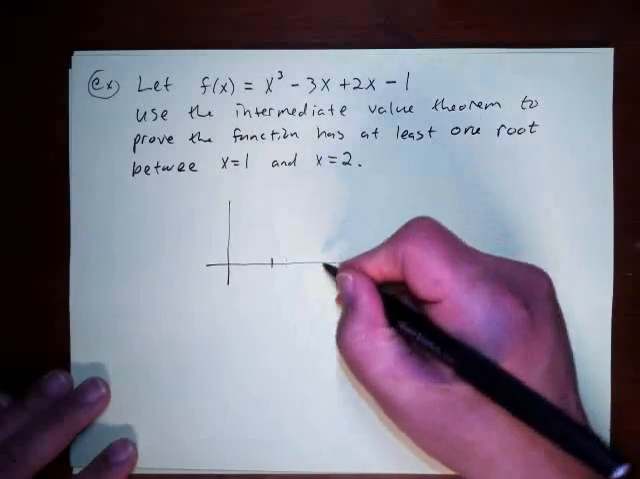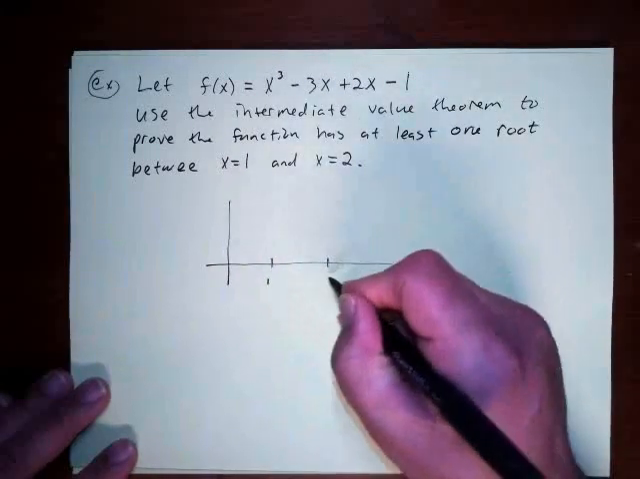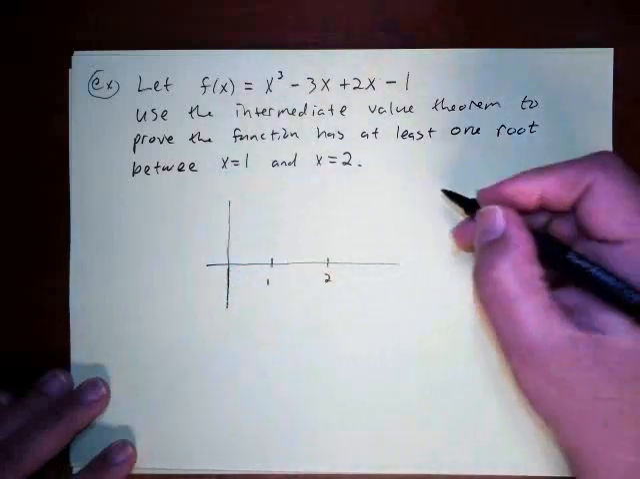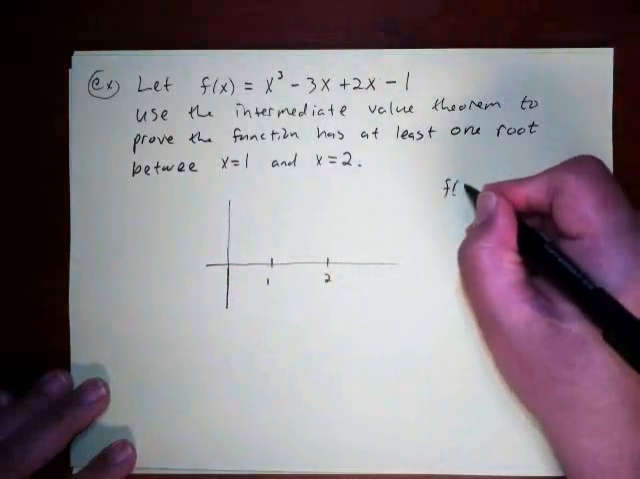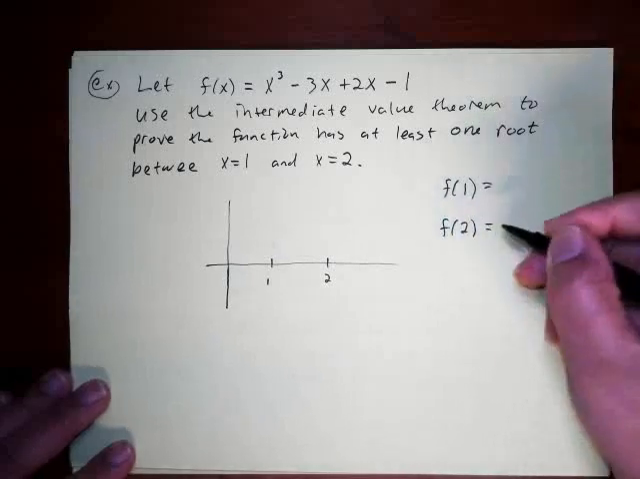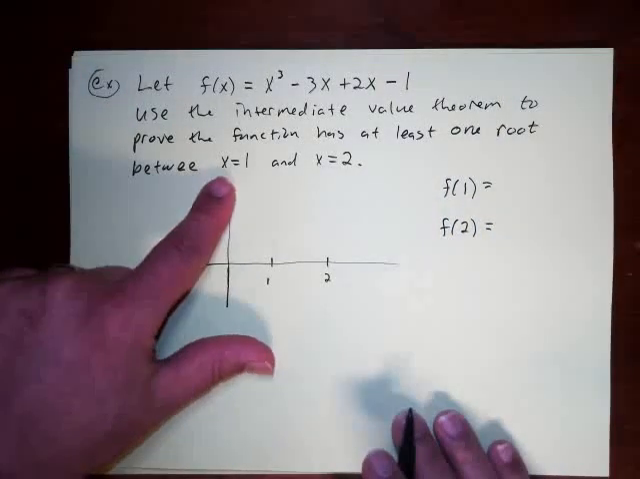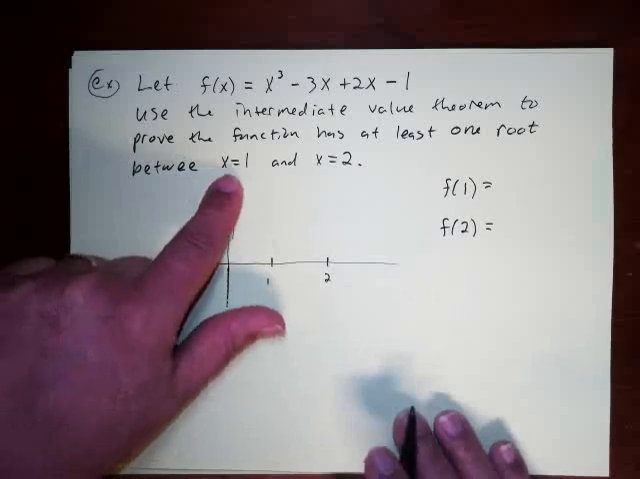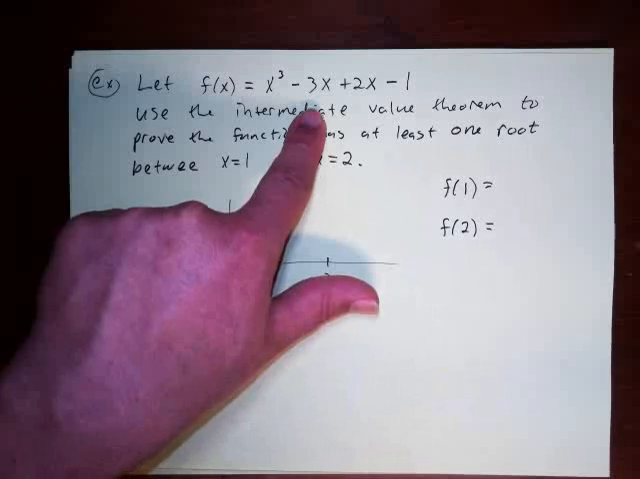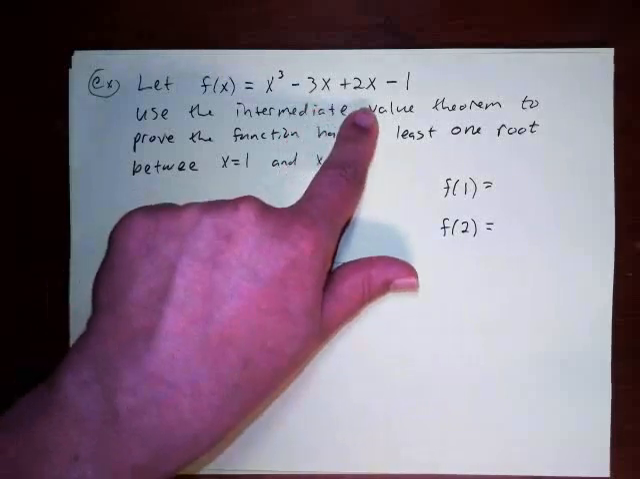So let's say this is 1 and this is 2. Okay? And what I'm going to do is find out the value of f of 1 and the value of f of 2. So if I plug in 1 up here, I'm going to get 1 minus 3. That'd be negative 3 plus 2 would be